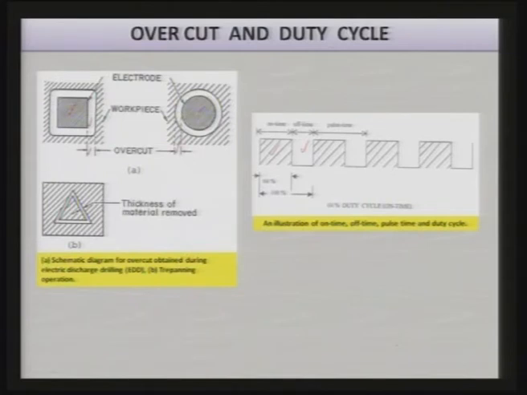The ratio of on time divided by on time plus off time, that is given like this, T_on over T_on plus T_off, tells you the duty cycle, and this is very important. It decides the material removal rate also. In place of square voltage pulses as shown over here, they can be of other shapes also, which are used for minimizing the tool wear, and accordingly you can decide what is going to be the on time and what is going to be the off time.